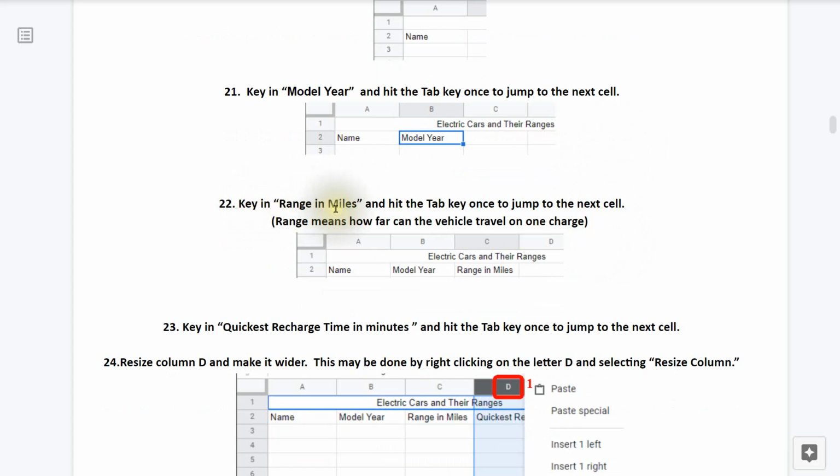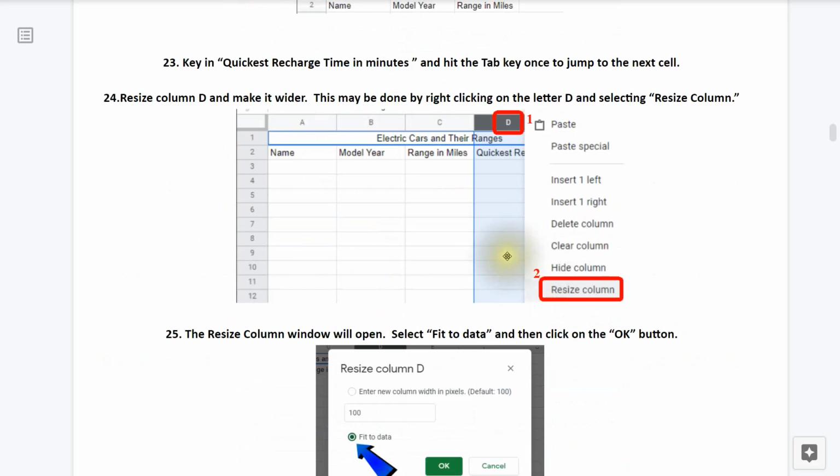Key in range in miles and then hit the tab key once to jump to the next cell. Now range here means how far can the vehicle travel on just one charge. 23. Key in quickest recharge time in minutes and hit the tab key once to jump to the next cell.